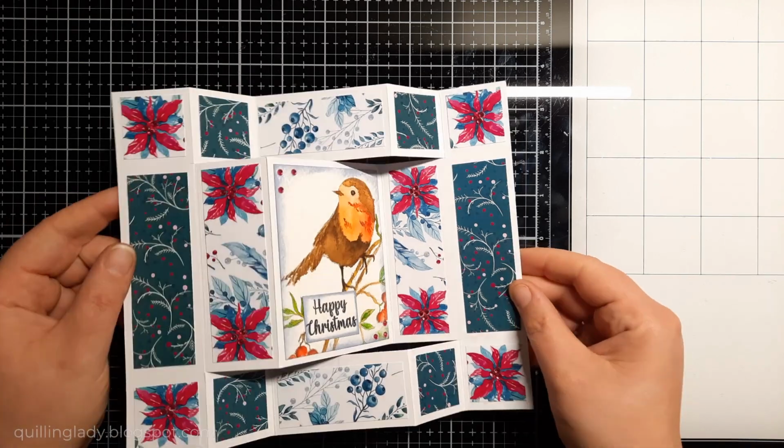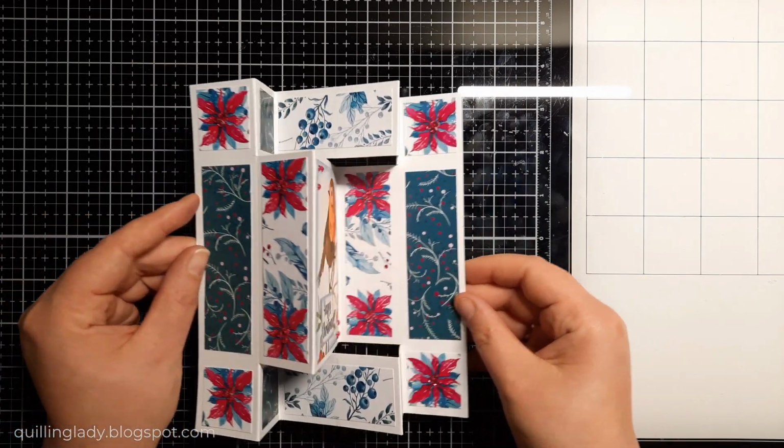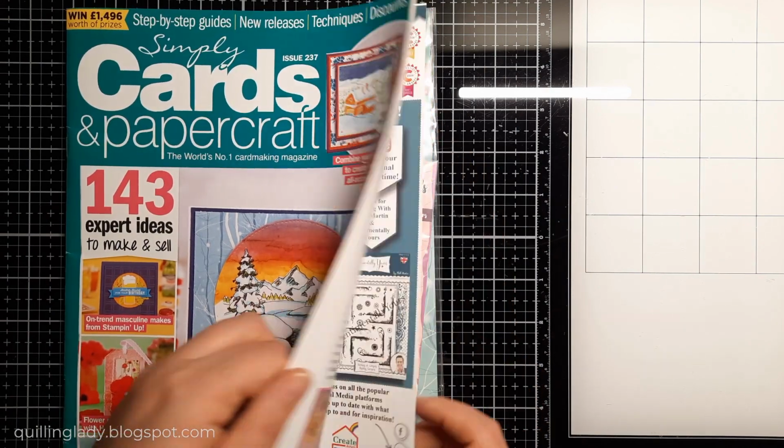In today's video, I'm going to show you how to create a tri-shutter card with no special cutting dice. As you can see, the card folds flat. I'm going to use Simply Cards and Papercraft free gift issue